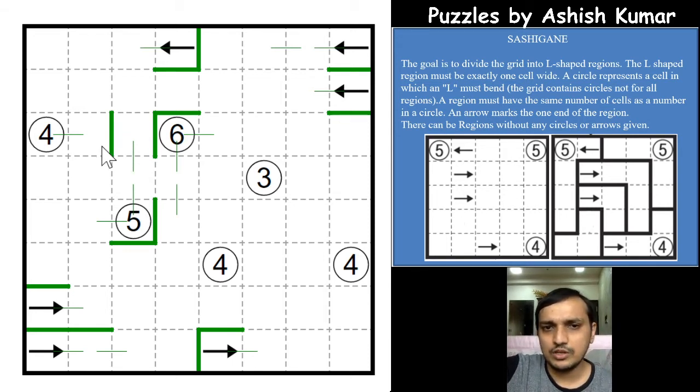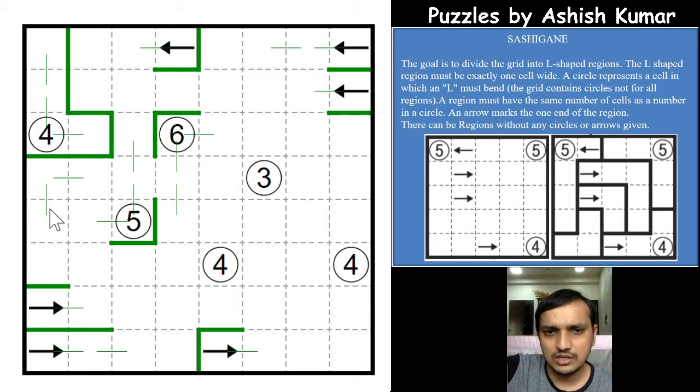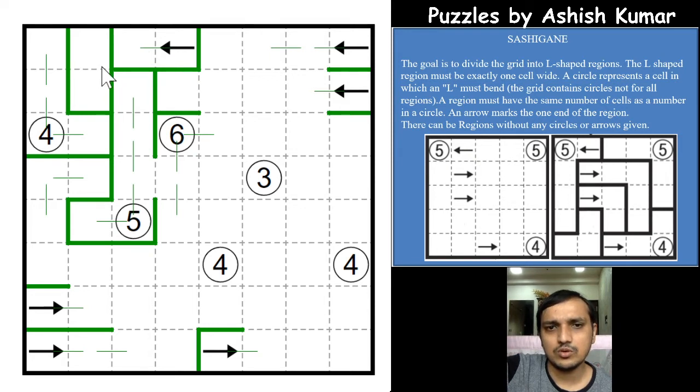Now we stop this 4 here. The same way, this cell has to have an L-shaped region, and it has to extend this way, and this 4 cannot connect down. So there are 2 cells remaining for this 4 which will connect up, and this cell has to go down, and we stop the 5 here. So we will go up like this, and the 5 cell region is fulfilled, which makes this arrow extend and come down, right?